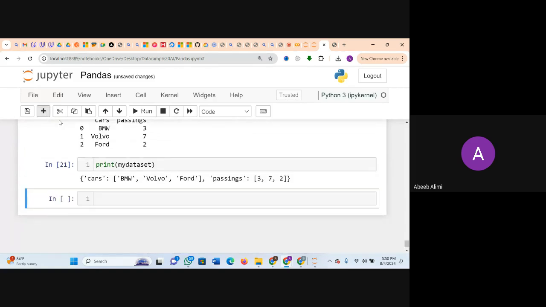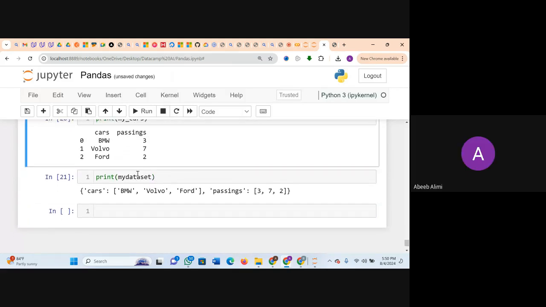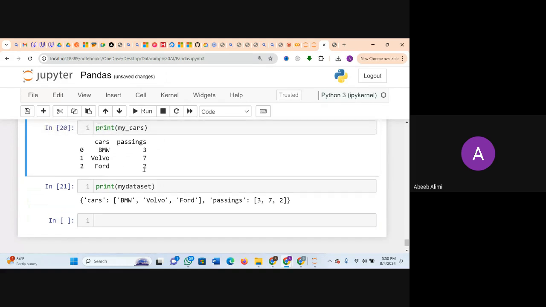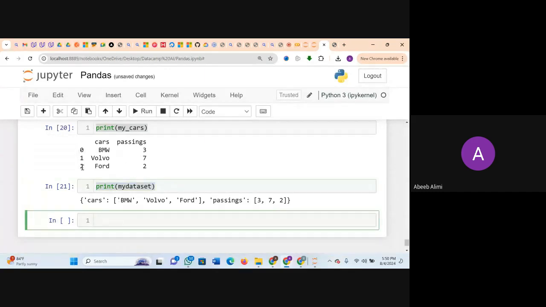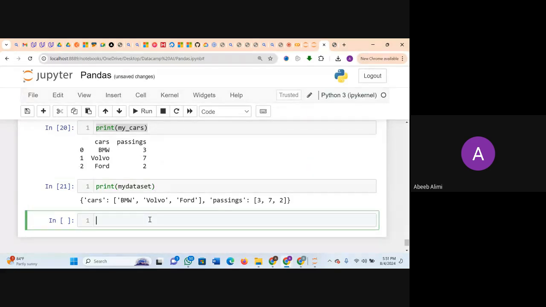So Sister Lima, this question is going to you. Are you there? Yes. Now, this my cars as a data frame. Remember the index here is 0, 1, 2. I want to change this index to car 1, car 2, car 3. Remember, we have created this data frame from this data set dictionary. So how do we change these indices from 0, 1, 2 to another indices, car 1, car 2, car 3? Can you tell me what exactly to type for us to achieve that? Can you tell me what to do?